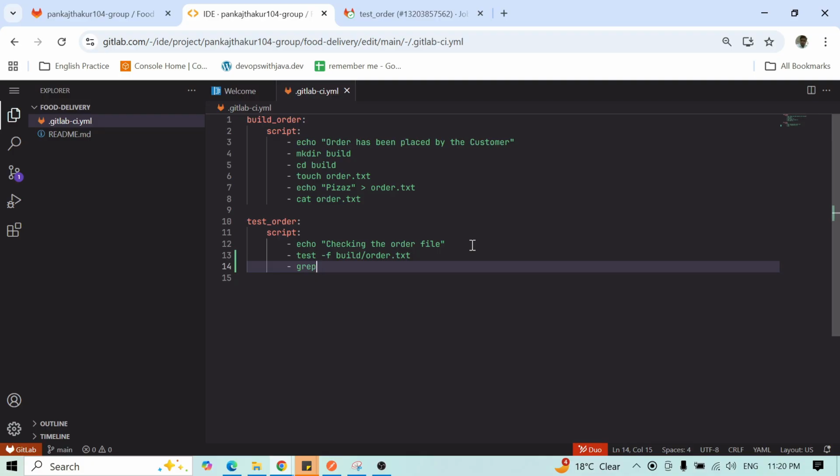So you can pass the patterns in which you want to search. So grep, and simply I have to search... Okay, so here I made a mistake. So pizza. Okay, pizza. So grep, and I have to check if pizza exists within this file, order.txt. But order.txt is not in the main directory. It's under the build directory. Okay. So I have to pass the